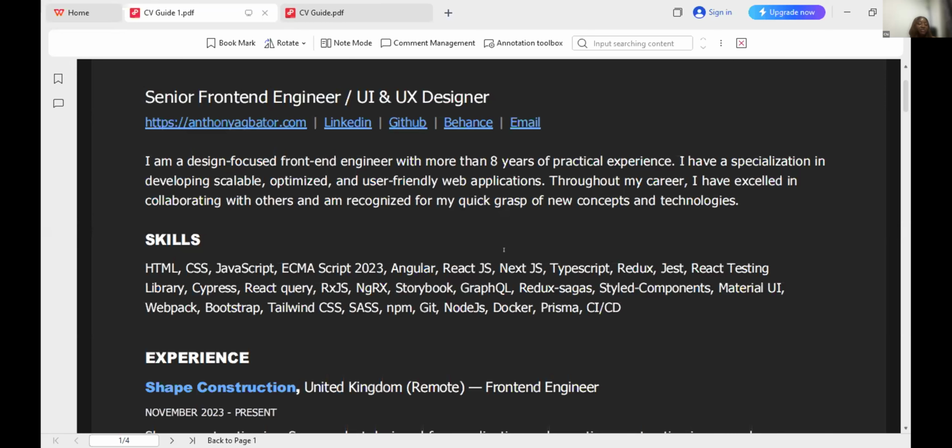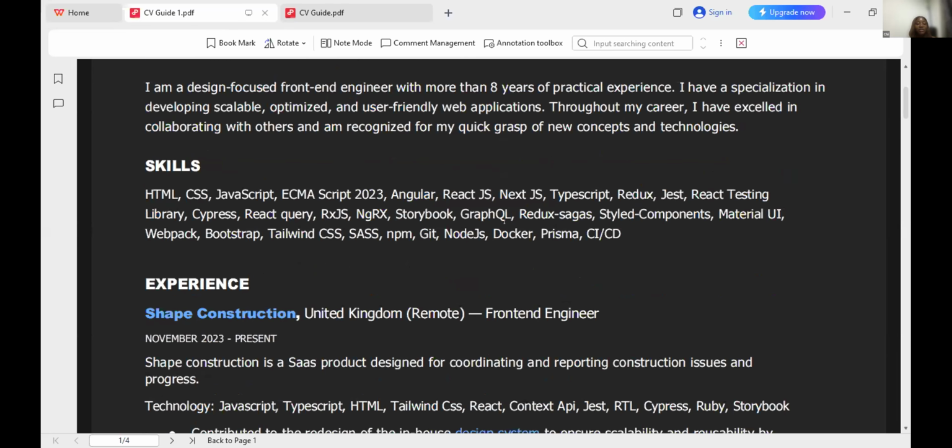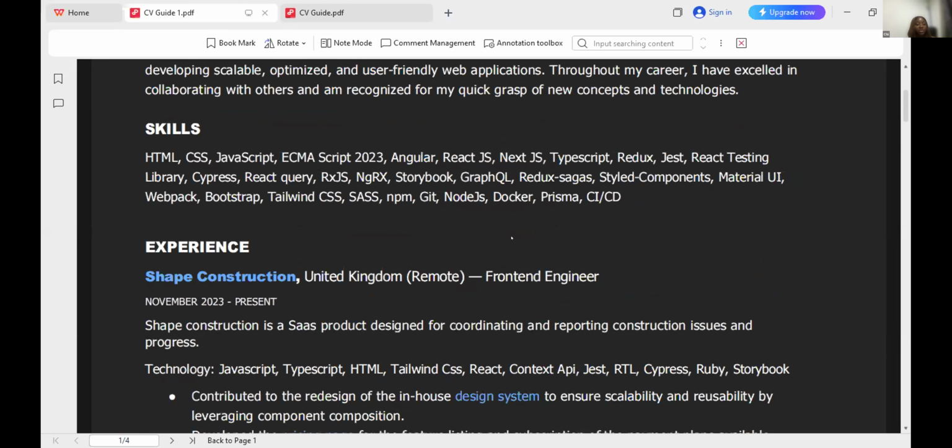Now we have the skills. You can see he listed out his skills here. There are many ways you can list out your skills and still make it very plain. I'll show you another CV. That candidate arranged his skills in a better way, but this is not bad at all. You can see the spacings. You can see it is one font he is using throughout. Now, look at the headings, the skills, the experience. They're all the same size and they're all bold.